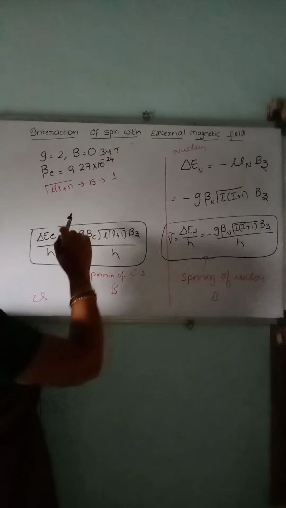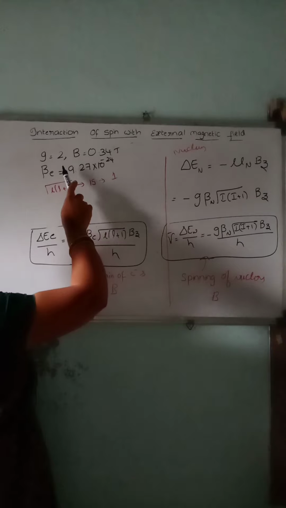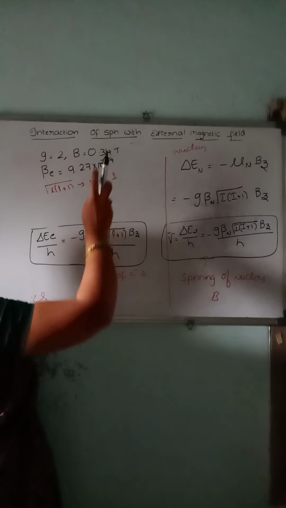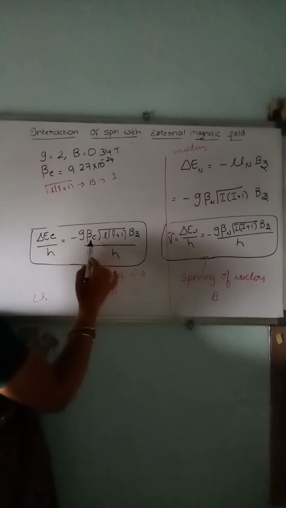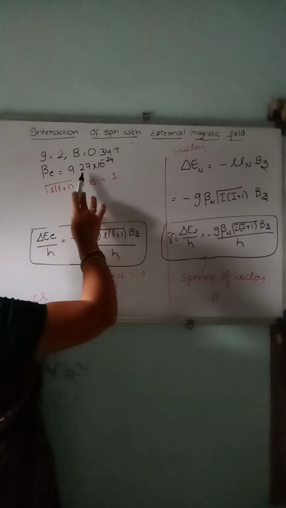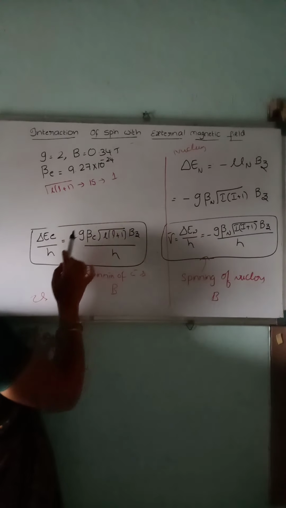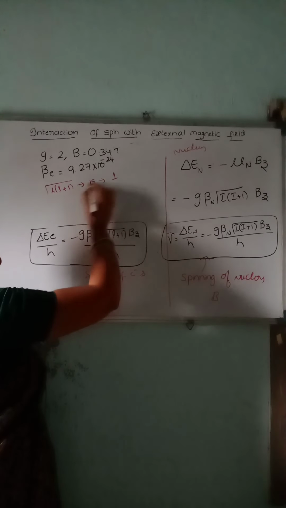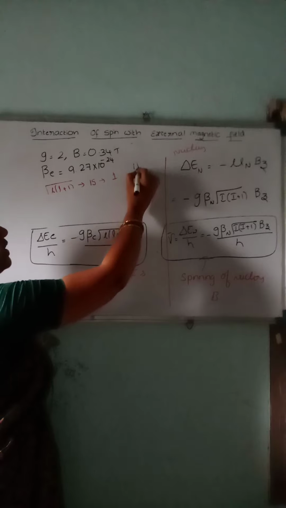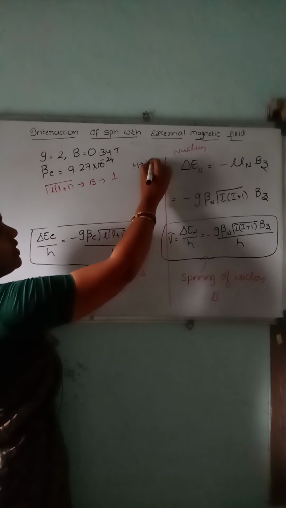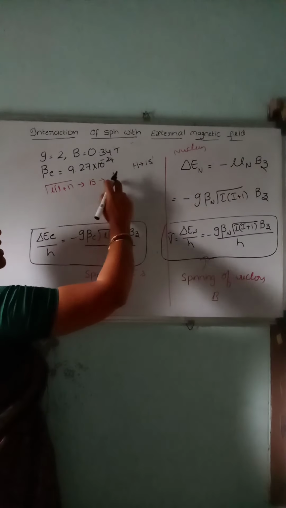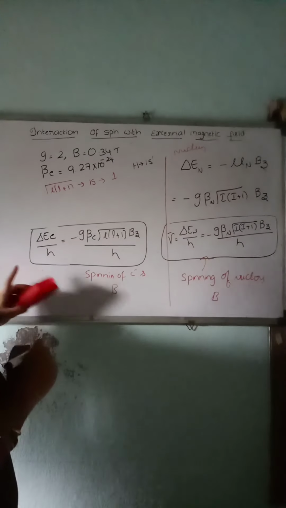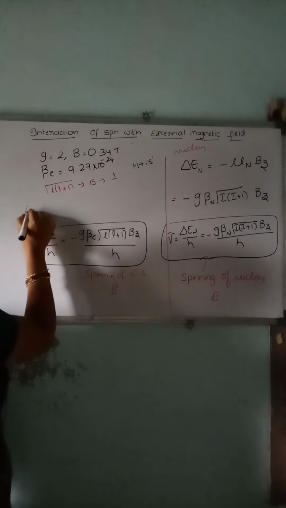So let us substitute the Landé splitting factor as 2, the external magnetic field strength as 0.34 Tesla, and the Bohr magneton for the electron as 9.27 × 10^-24, and the value of root of L(L+1). Since the hydrogen atom has electronic configuration 1s1, this value is equivalent to 1. Then delta E by h is equal to